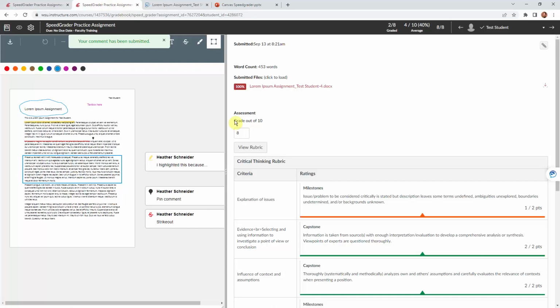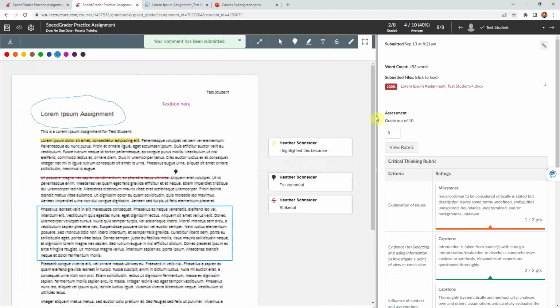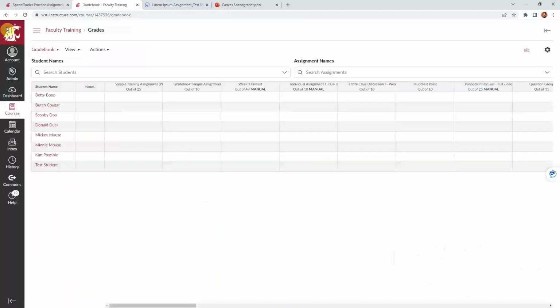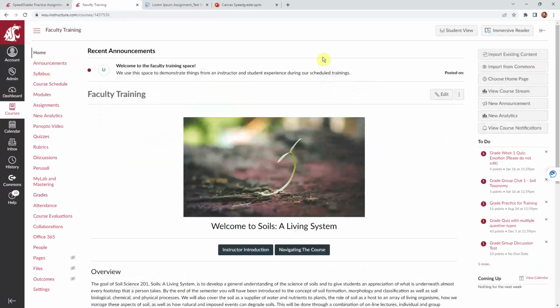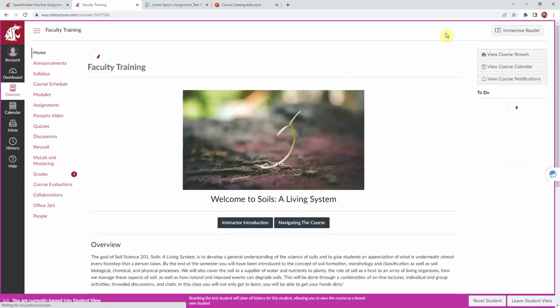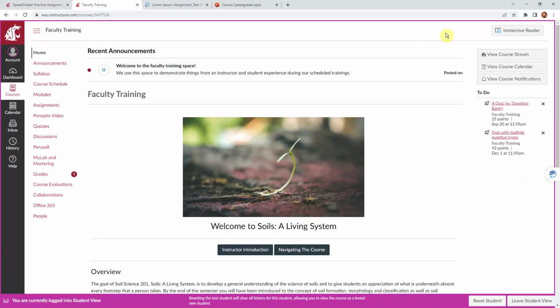Okay, so we have reviewed all of the annotation, commenting, and rubric features within the SpeedGrader. So now we are going to go out of the SpeedGrader to see what our feedback will look like to students. So I'm going to use the gradebook icon to get out of the SpeedGrader. And I'm going to go to my home page and select Student View. Now I will be navigating this course as if I were a student. So I will go into my gradebook,